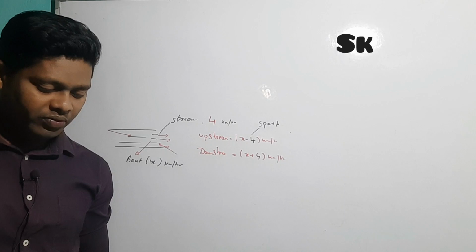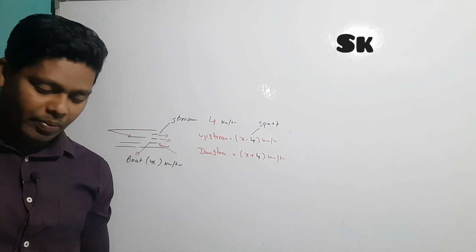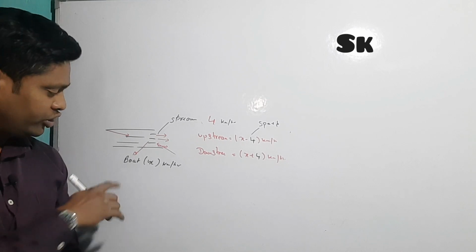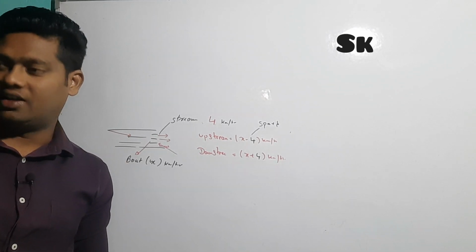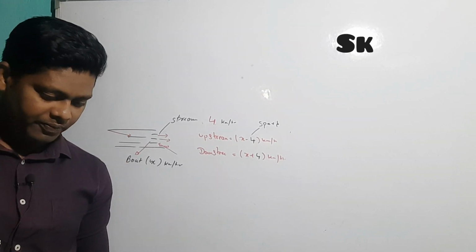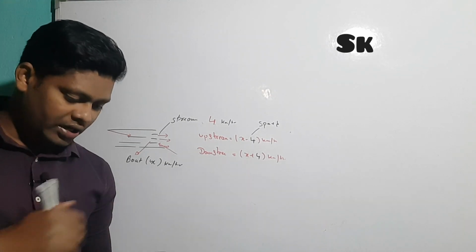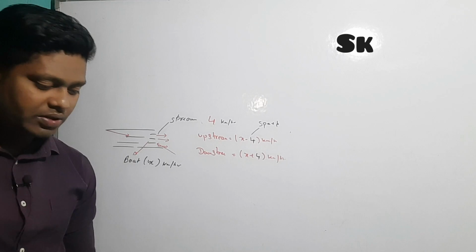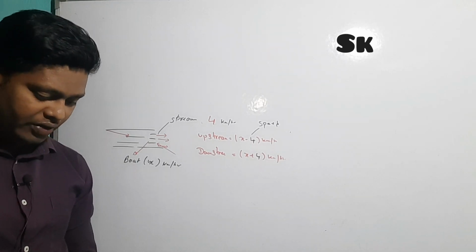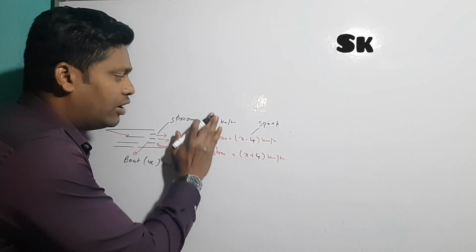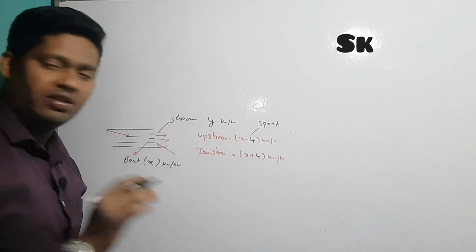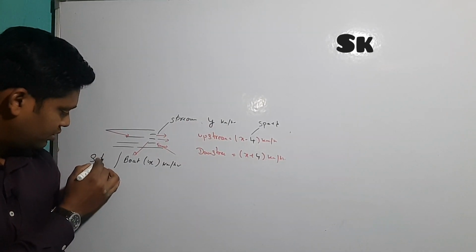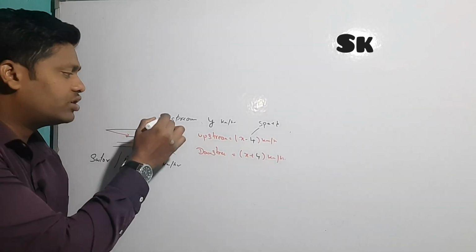So I'll assume the speed of the sailor, or you can say boat, as x kilometer. Same thing. Instead of boat, now what you have to write? Sailor. Okay. After that, next what else they give you? Now speed of the water means stream. Speed of the water means what they are trying to say? Stream. Stream will be, value is not there in this case. So y kilometer per hour. The thing is same. Instead of you write sailor. Here stream, instead of stream it is,